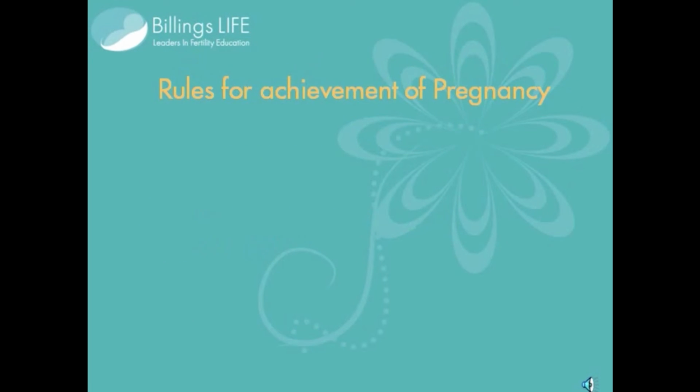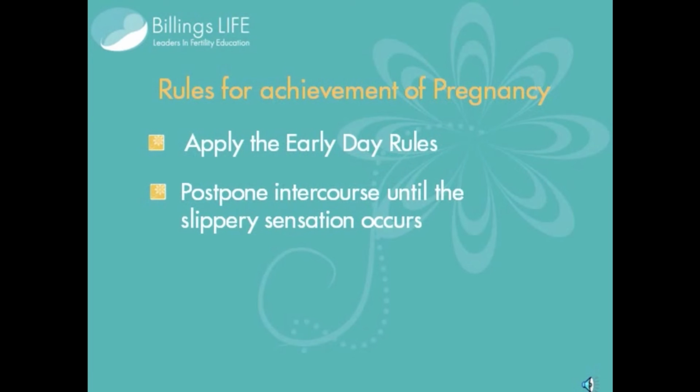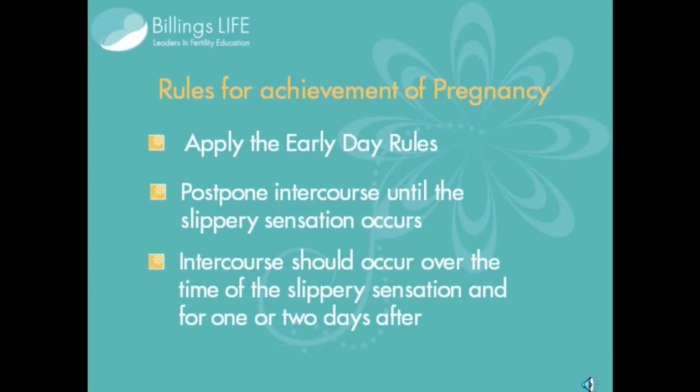The Billings method can be used to assist couples wishing to achieve pregnancy. The early day rules are applied to enable the couple to recognize the beginning of potential fertility. It is then recommended that intercourse be postponed until the sensation becomes slippery, which occurs close to the time of peak fertility. Intercourse over this time of slippery sensation and for 1 or 2 days following the peak will maximize the chances